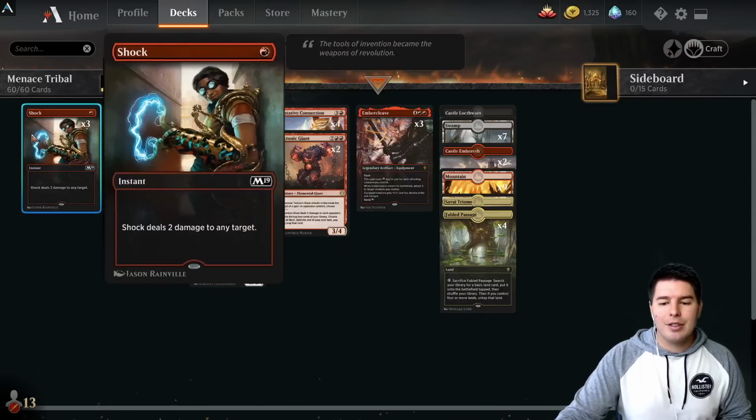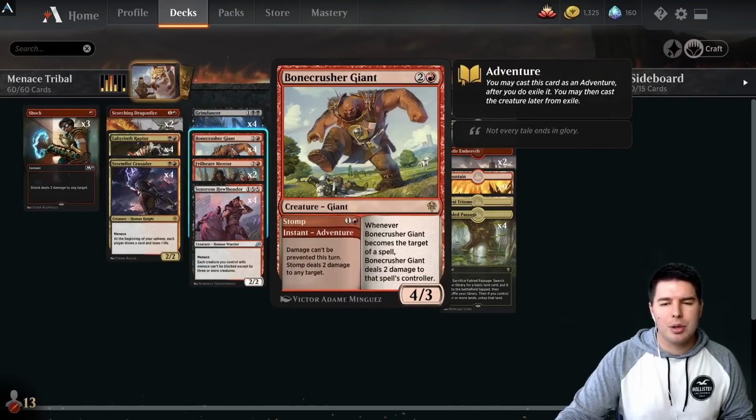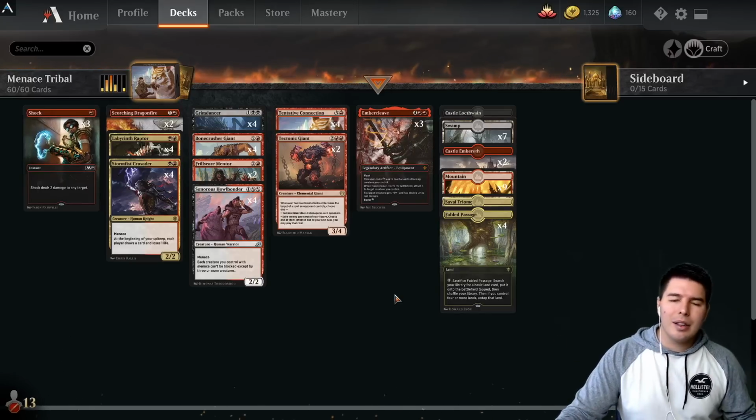We have Scorching Dragonfire for some removal. It hits Planeswalkers as well. Shocks, Stomps, all hit Planeswalkers. So if we do run into those kinds of decks, we have answers. And then the Embercleave. So as far as the mana base goes, I'm testing out a slightly different style